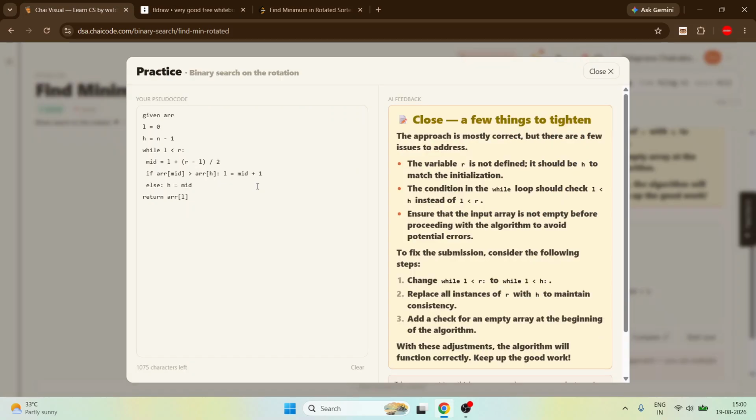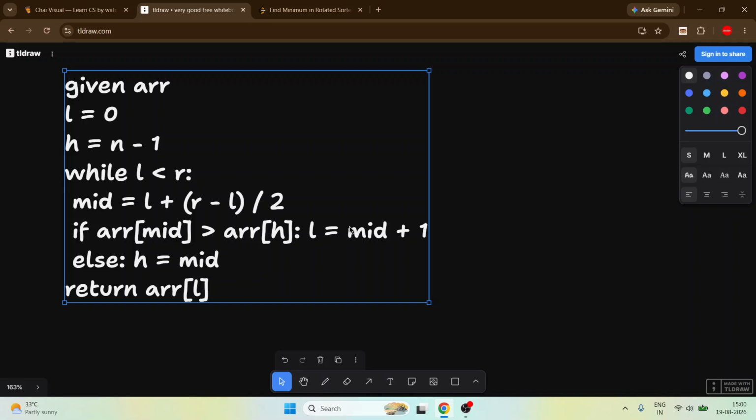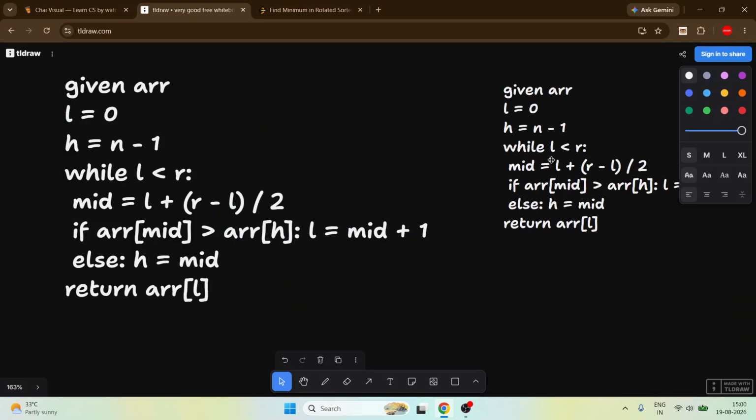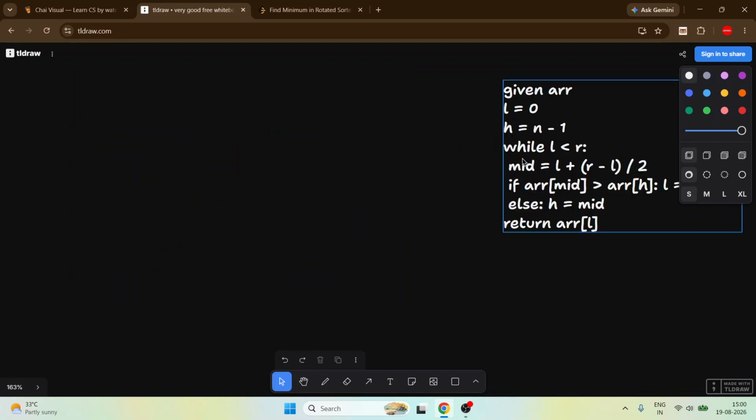Okay, I think somehow it will be like H. So this is our pseudocode.